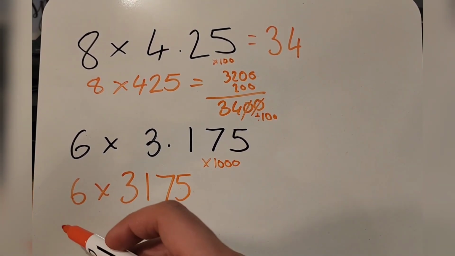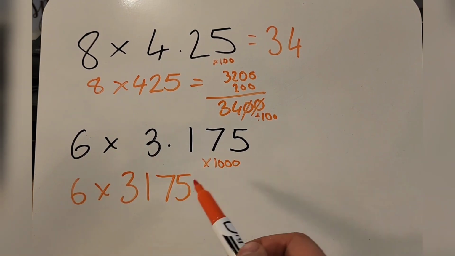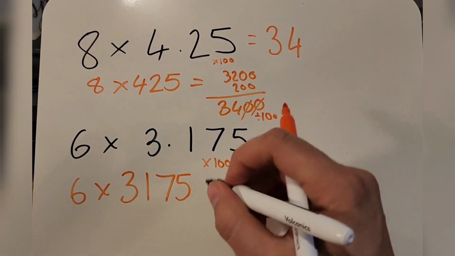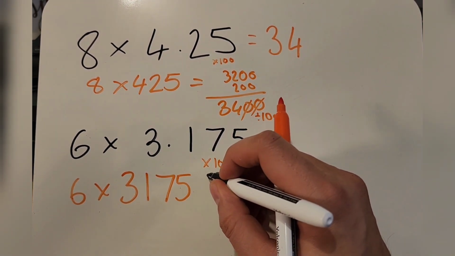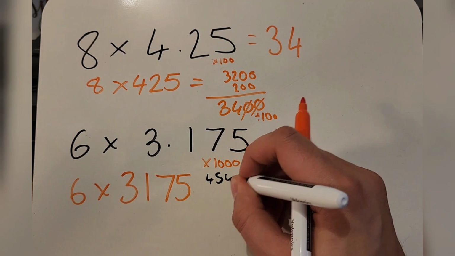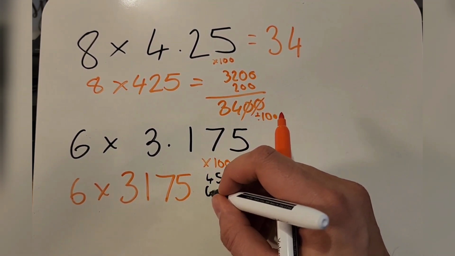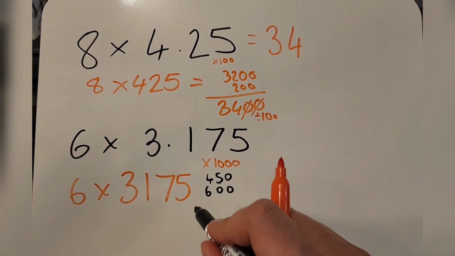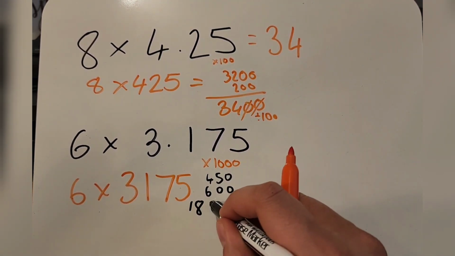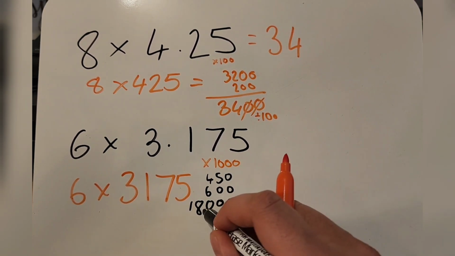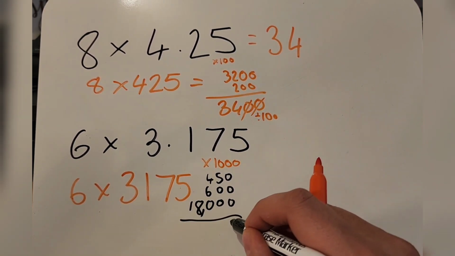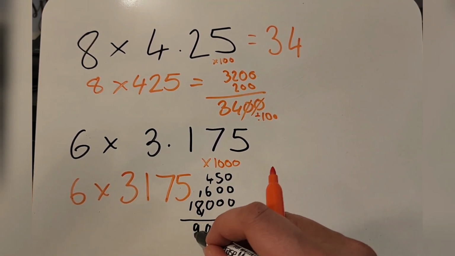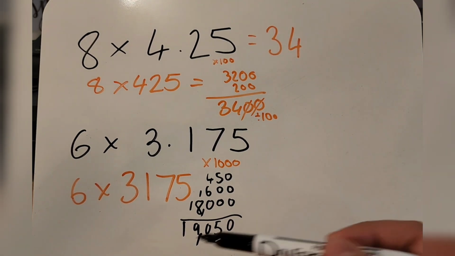And this isn't as straightforward, but 6 times 75 is going to give me, let's go ahead and do it with my black pen, is going to give me 450. 6 times 100 is going to give me 600. 6 times 3,000, that's going to give me 18,000. Okay, so we add all this up. Carry 1 over here. Okay, we've got